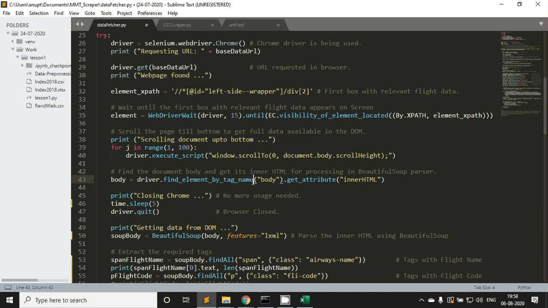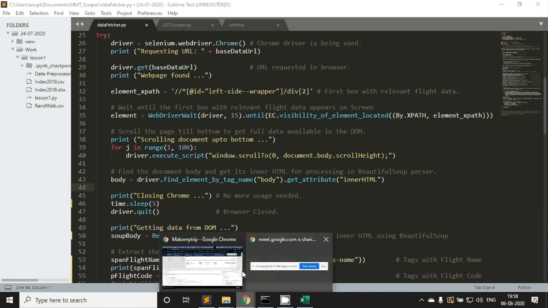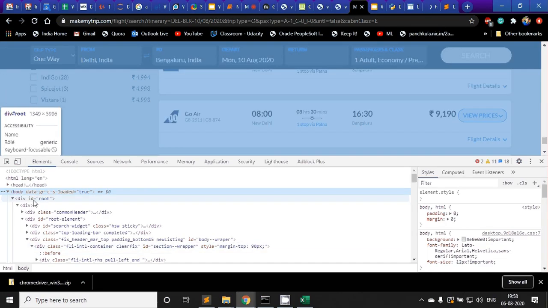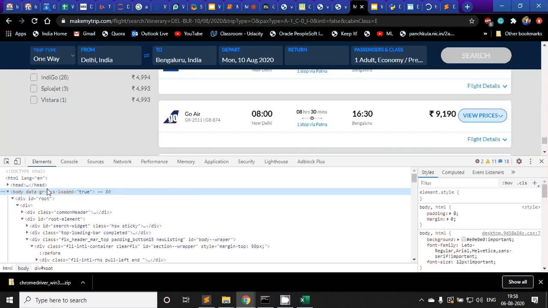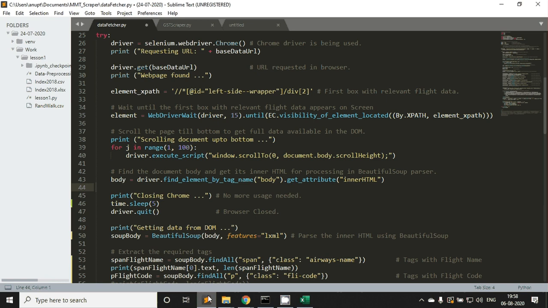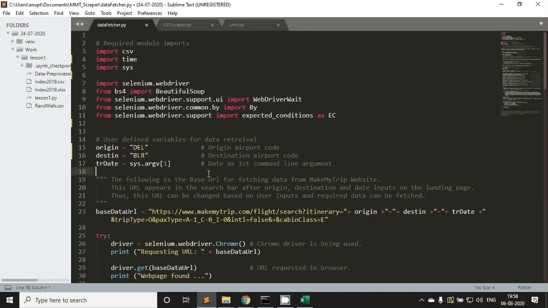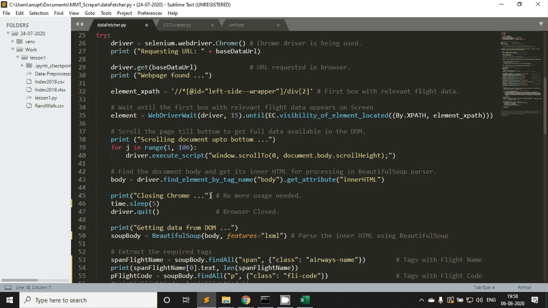So when I said that I'm using Beautiful Soup for parsing, here I can explain more easily. In the browser, in the driver, I am saying find the element by tag name. Sorry, this is not functionality of Beautiful Soup. This is functionality of Selenium. Beautiful Soup functionality will come after this. So basically, we are saying in the browser: find the body and get me the inner HTML. Why is it needed? Because the inner HTML has all the content that we want to scrape.